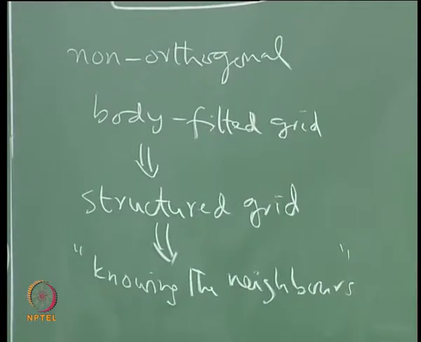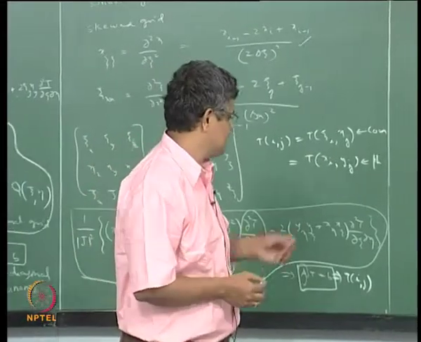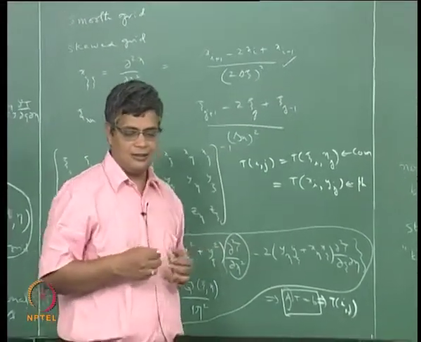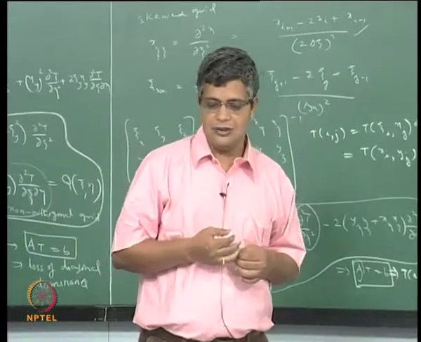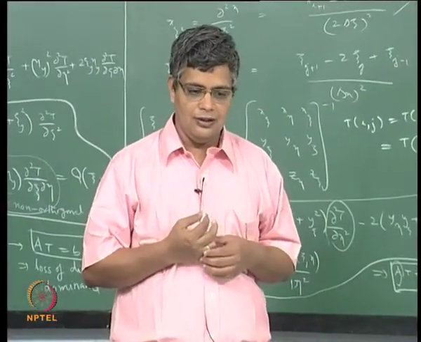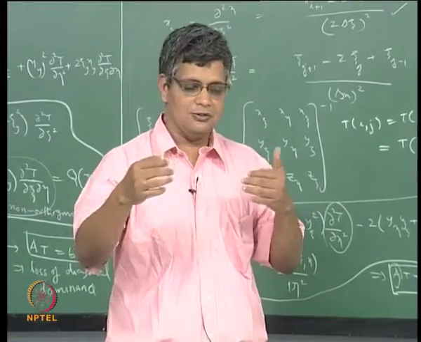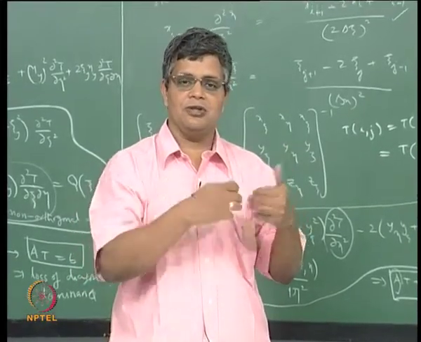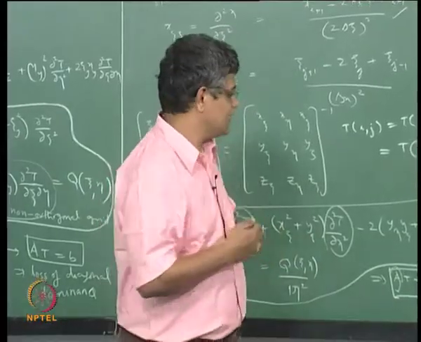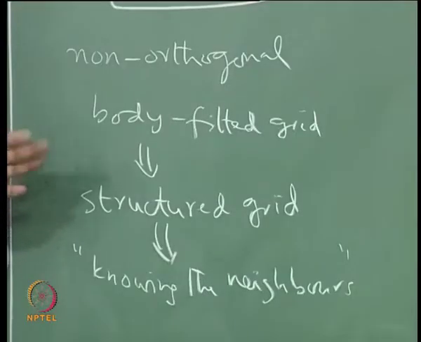which is important when we want to deal with higher order accurate approximations for the derivatives. If you want to have a third order accurate one sided differencing, you need to have 4 neighboring points. That means you must have I minus 1, I minus 2, I minus 3, and that kind of information is readily available in the case of structured grid. But in unstructured grid, that information is not available because these points are not at the intersection of these coordinate lines. So in terms of knowing the neighbors, that is an important aspect,